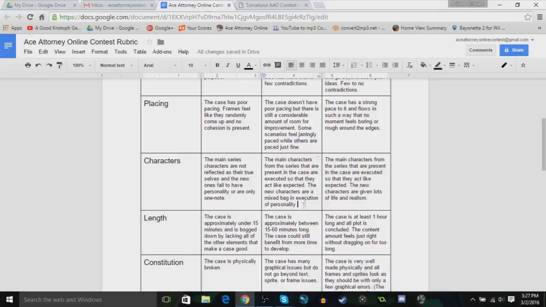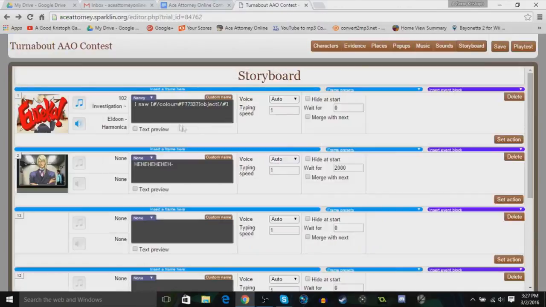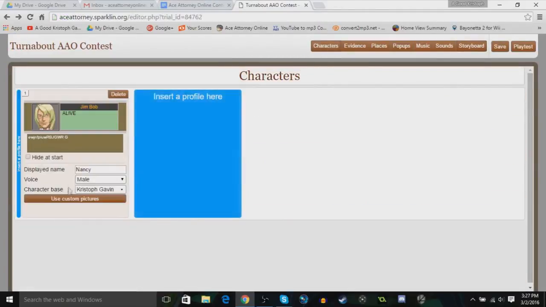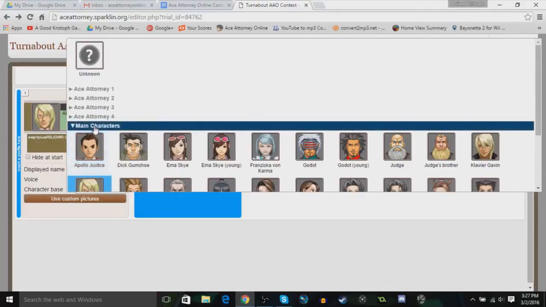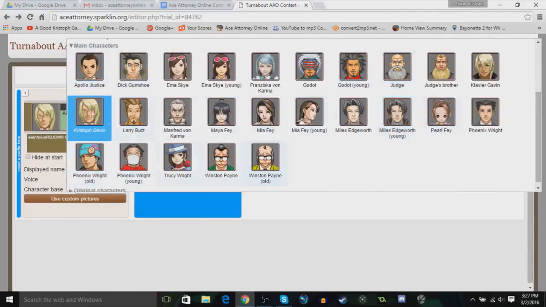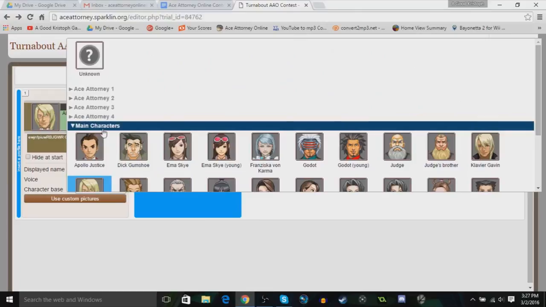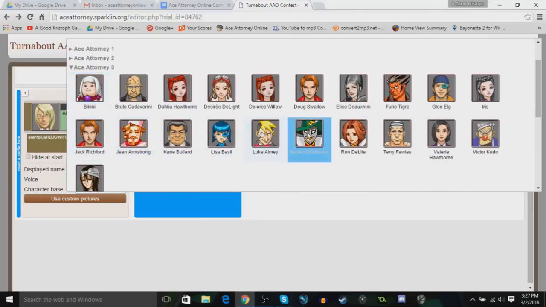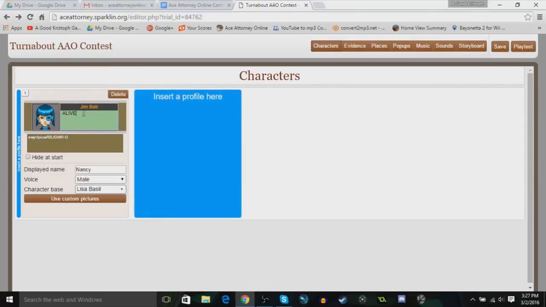Characters, just make sure the main characters of the series are present and executed how I would expect them to act. Now, that goes for the main characters. You might say, whoa, Christoph, what is a main character? It's the exact list that they gave you. I go by this list. Character base, main characters. It's these people. No one else. If you want to include your own character, pick, like, Lisa Basil and say her name is